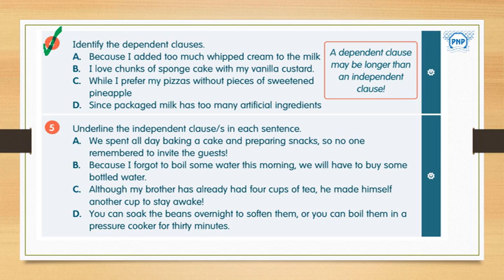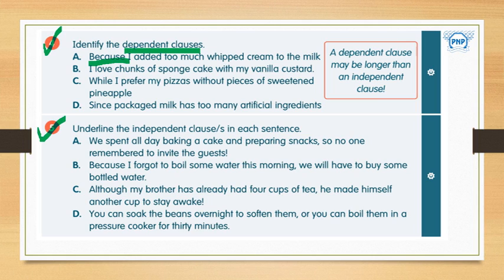A dependent clause may be longer than an independent clause, which is simple because two sentences would be there. Correct. You can easily see because they have used a subordinating conjunction. So this is an example of a dependent clause. So like that, please find out the remaining three sentences. Just check and find out how many sentences are dependent clauses. Okay, so just check them.